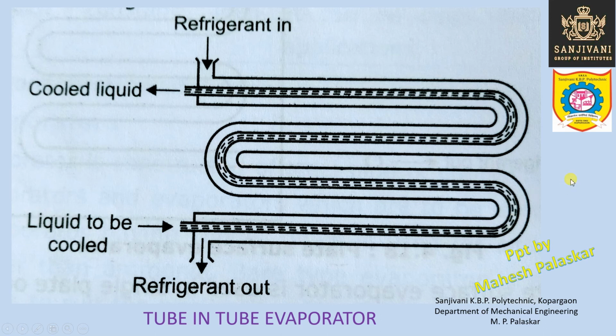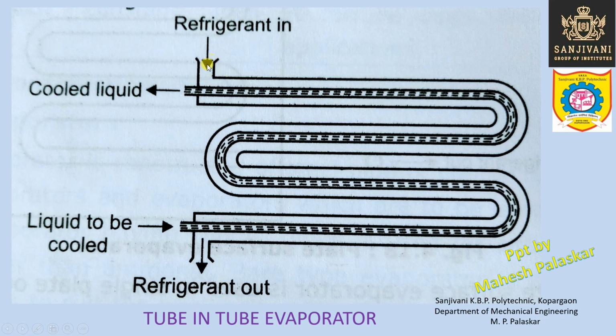Okay, so if the application is air conditioning, then the water can enter, right? So water is the liquid to be cooled if the application is air conditioning. That is the indirect expansion type air conditioning. That is the central air conditioning where chilled water is circulated for air conditioning purpose. So here this ordinary water is entering inside this particular evaporator through the smaller tube and it leaves here, okay, and it comes in contact with the refrigerant.